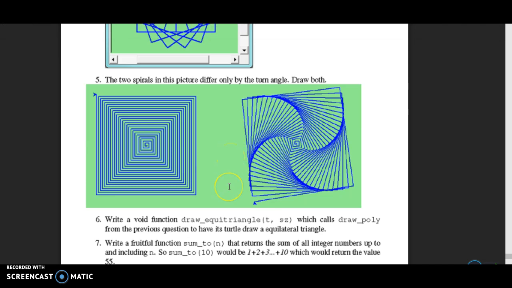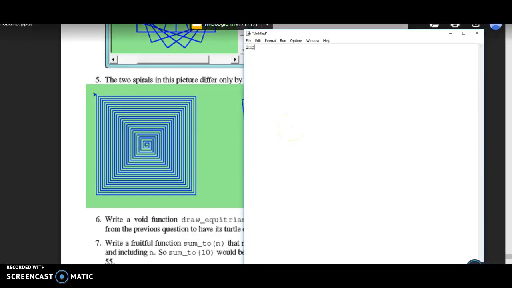And this question asks us to draw these two spirals by using the turtle module. Firstly, we need to let Python allow us to use the turtle module. So firstly, I will import turtle,